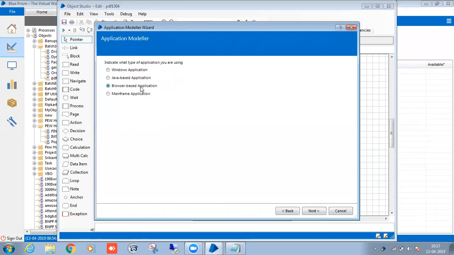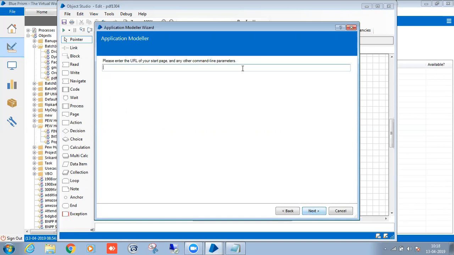If you want to open the browser, that should be a browser-based application, right? The executable file, IU. Here I need to pass the path.